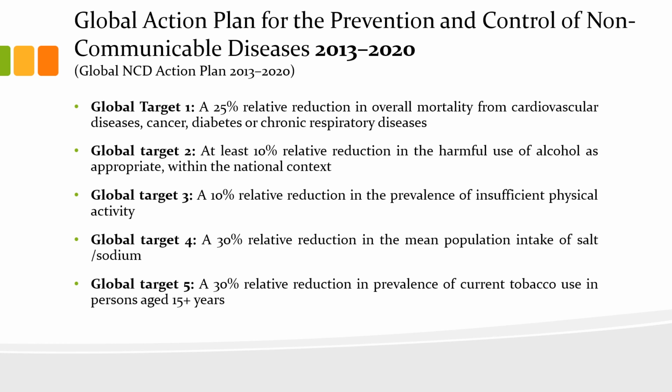So this is the Global Action Plan for the Prevention and Control of NCDs up to the year 2020. Since we've reached the end of this Global Action Plan, have we actually achieved our target? It aims for a 25% relative reduction in overall mortality from cardiovascular disease, cancer, diabetes, or chronic respiratory diseases. A 10% reduction in harmful use of alcohol, 10% reduction in insufficient physical activity, 30% reduction in intake of salt and sodium, and 30% reduction in prevalence of current tobacco use in persons aged